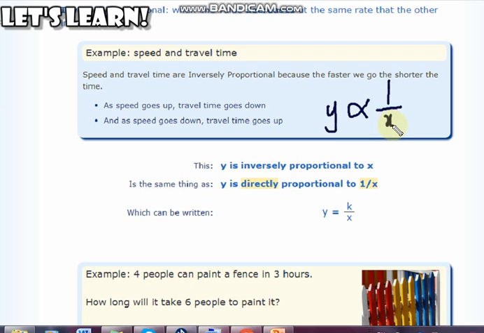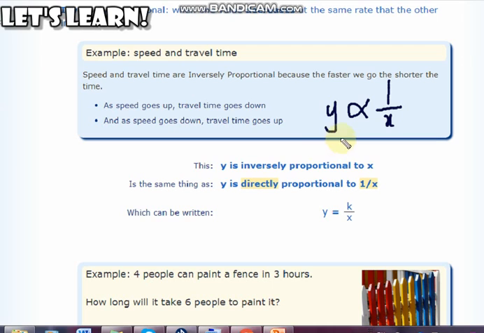जब भी हमें दिखाना होता है inverse proportion, तो हम दूसरे वेरिएबल को या दूसरे टर्म को हम reciprocal में लिखते हैं. So this is my first variable, that's the speed, and X is my time. To show that these two are inversely proportional, I have to write the second variable as a reciprocal. Now I want to change this into an equation, because we know earlier that if we want to do some work from the relation, we need to change the relation into an equation.